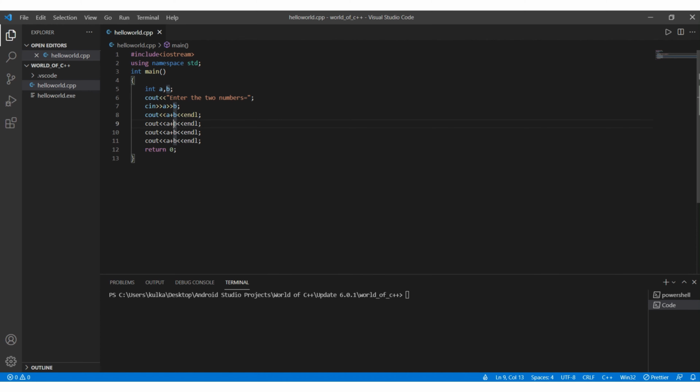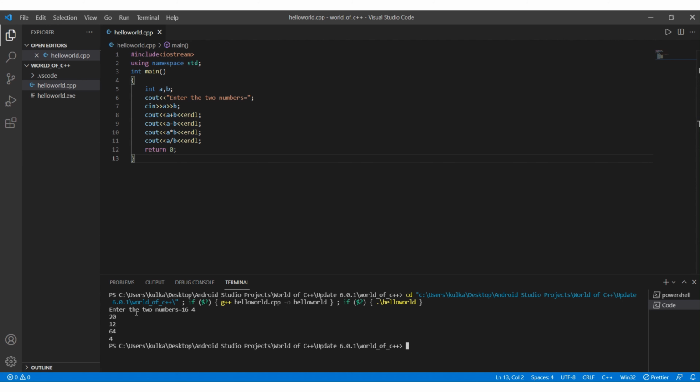And I will change these operators. This will be multiplication and this is going to be division. My numbers will be 16, 4. Okay, so 16 plus 4, 20, minus is 12, 16 into 4, 64, and division is 4. That's the right output.